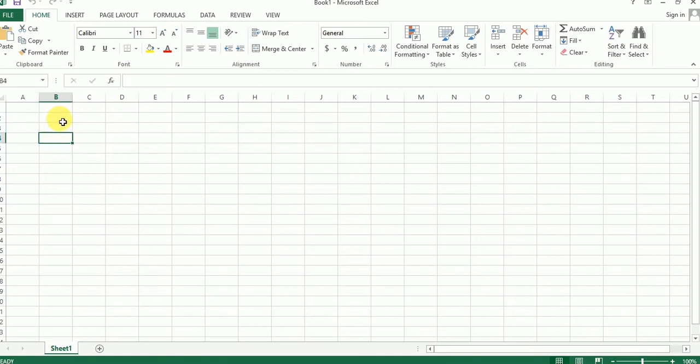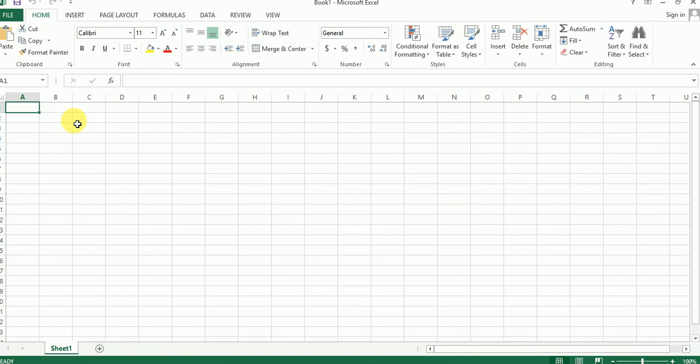It is called a cell. You see this, it is called a cell. We have already discussed column and row, and per row and column, this is called a cell.